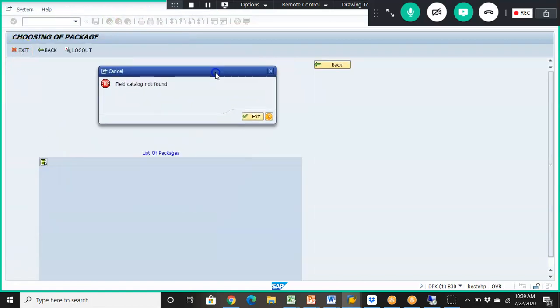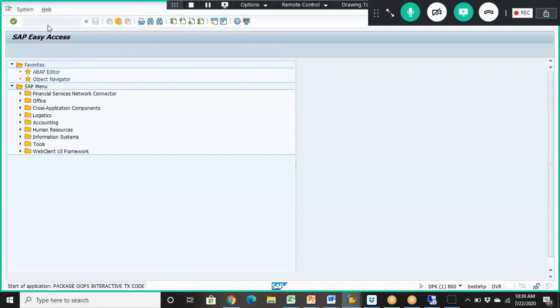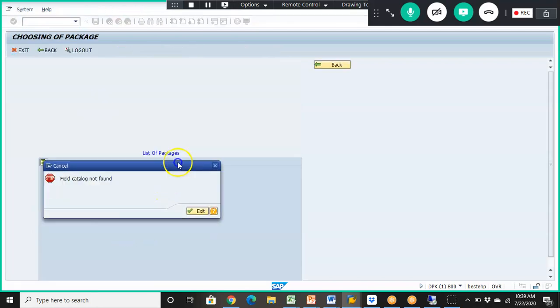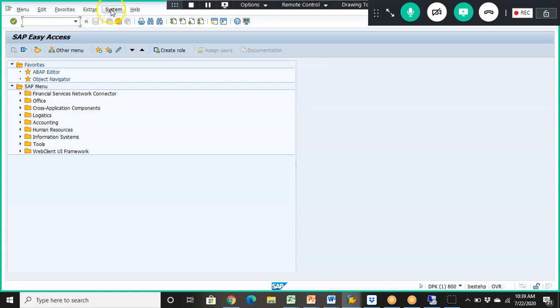Somewhere I just need to find this. So "field catalog not found" is what is coming. This is the issue with that particular transaction. So let's see the transaction code. The transaction code is ZBCK underscore, oops. The moment we select that, the error is coming. So let's see one thing. We'll go for